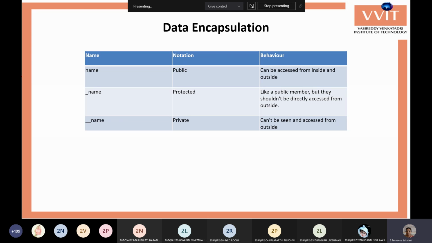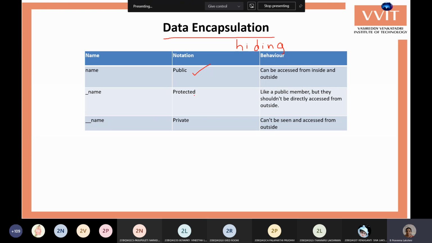Now we will see these keywords. There are 3 keywords which are used to specify data encapsulation. This is what we call data hiding, that is, whenever you want to hide the data from outside the class, we can use these 3: public, protected, private. Public means the variable can be accessed anywhere, within the class and outside the class also.